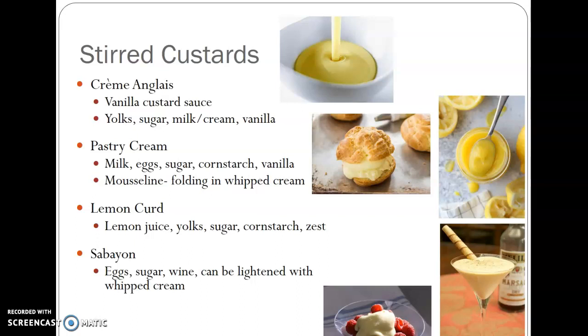Your pastry cream. Pastry cream is very commonly used to fill cream puffs. Pastry cream is different than crème anglaise because you do have cornstarch. You have a starch in there. Some recipes will call for flour. But you will do the same process of heating your milk. Separately, you will have your eggs and sugar and cornstarch all combined well. And then you're going to slowly temper your cold egg mixture with your hot milk, bring it all back together onto the stovetop, and actually bring it to a boil. At this point, we need to bring it to a boil so that the cornstarch can fully be activated. It will be very thick at this point. You'll pull it off, add the vanilla, a lot of times some extra butter at that point, and then strain